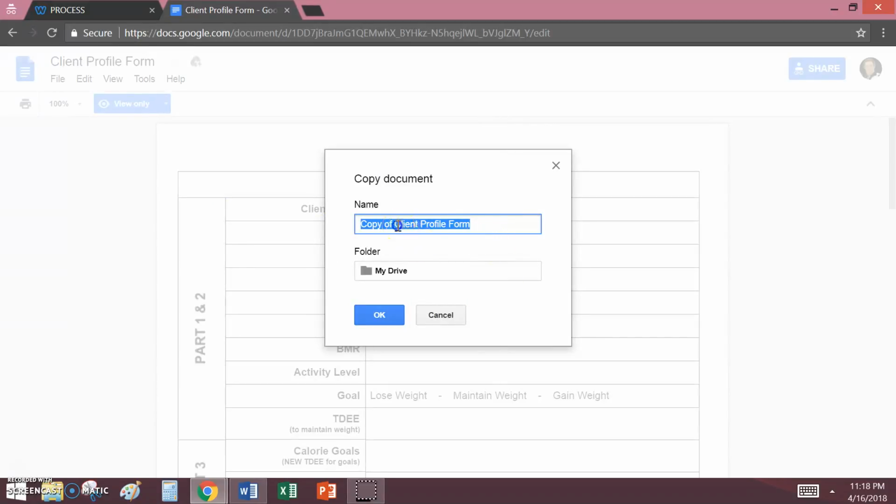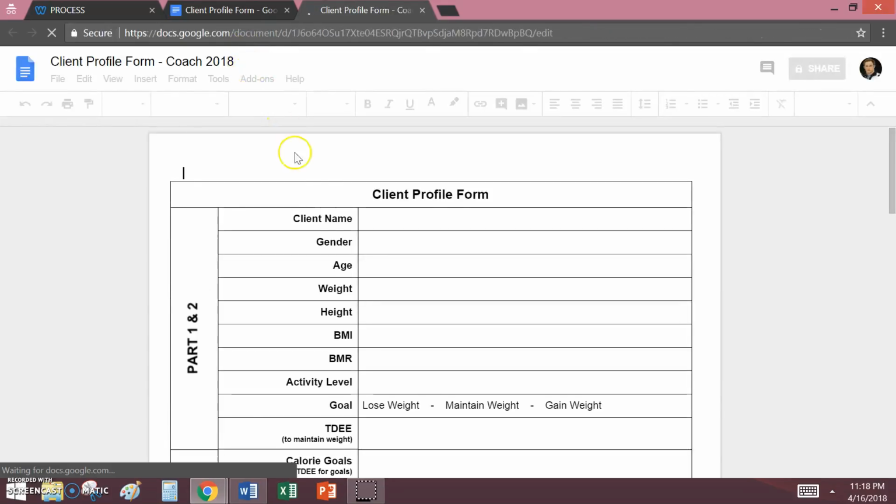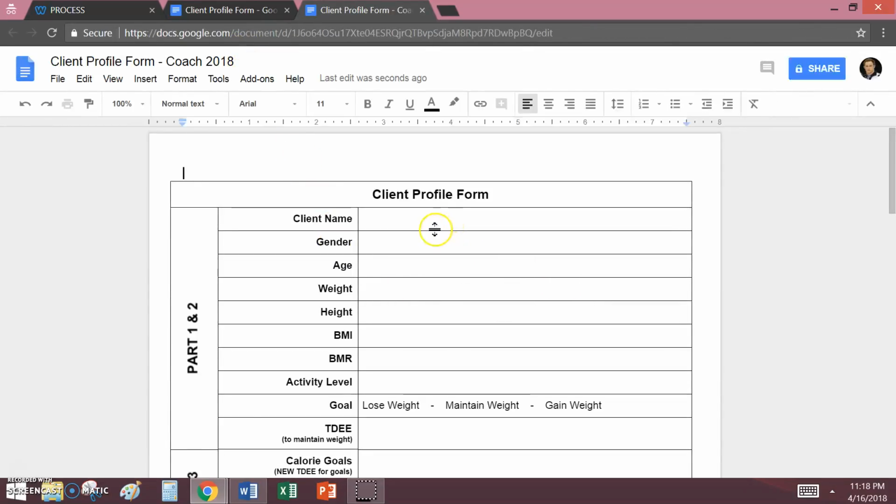to let me copy this document, and I'll call it Client Profile Form, and we'll just name this Coach 2018. We'll just say that's my name. And so now I have a copy of the form that I can edit for this assignment. So for the client name, I can type in Client 1. And then I can put in the gender, the age, the weight, and as I complete the module